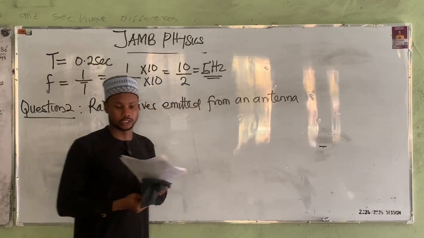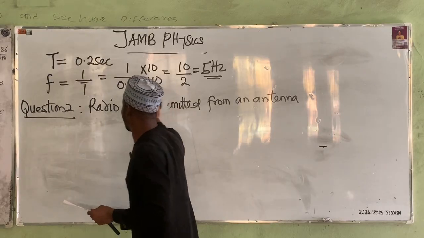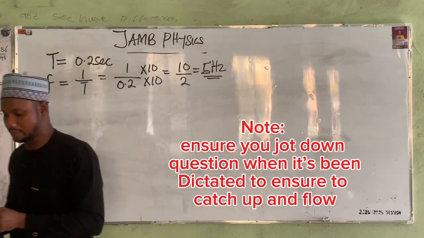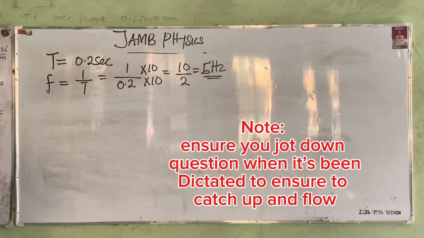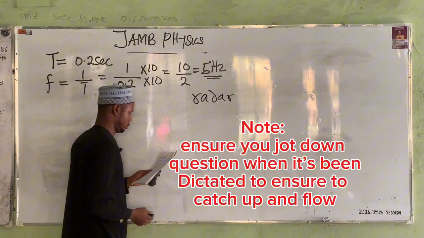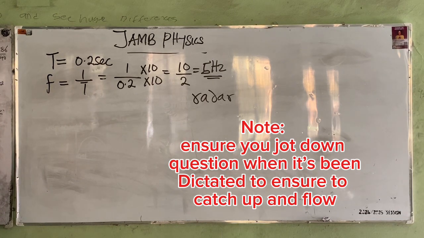Well, let's take the question actually. Question 2, please. Radio waves emitted from an antenna are picked up by radar. That is RADAR. After reflection from an aircraft,